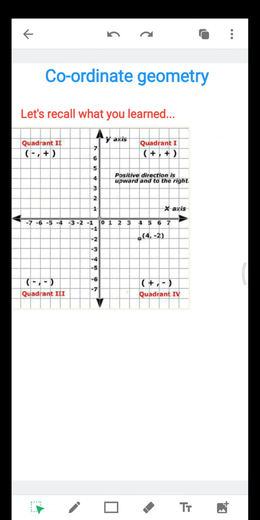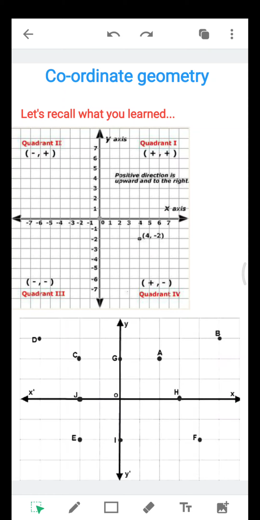So in ninth class you have learned about the coordinate axes, that is x-axis and y-axis, and different quadrants and different signs in each quadrant. Okay, so you learned all these things in ninth class. Then you also learned how to plot different points on the graph. Okay, like the points of the form